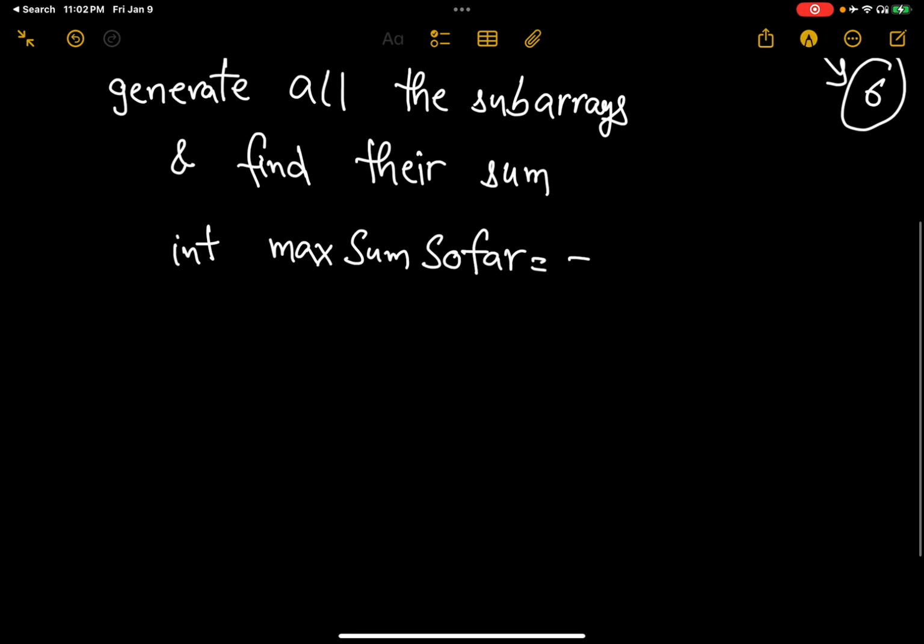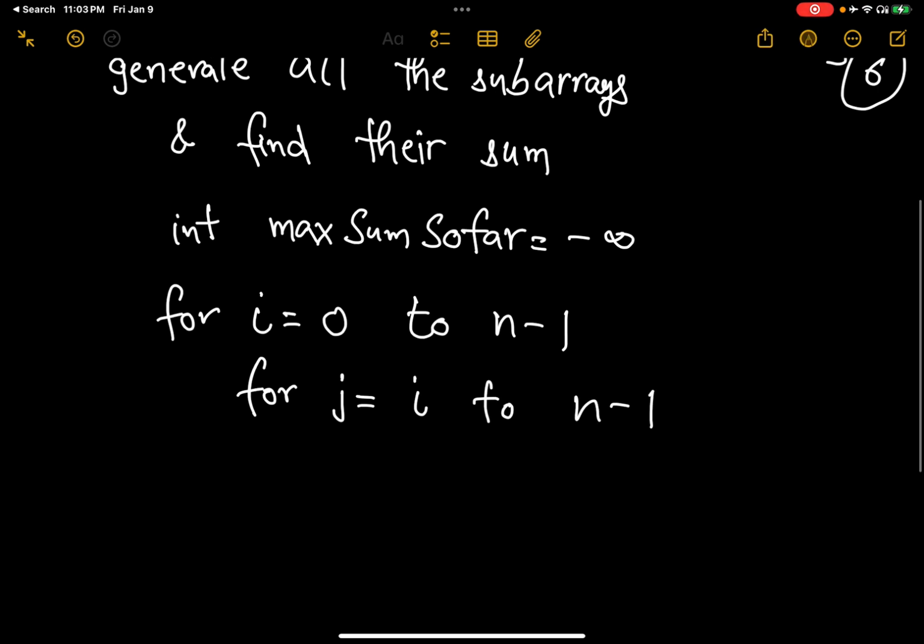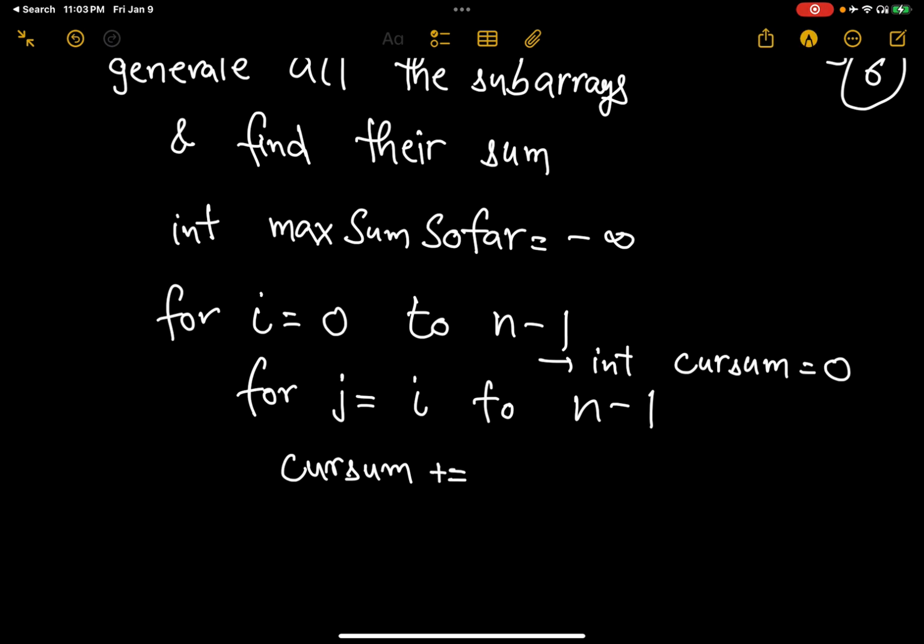Initially this will be a negative value and you will start your loop from 0 to n minus 1. And there will be another loop which starts from i and goes all the way to n minus 1. And you will declare one variable, int current sum, which would be 0,